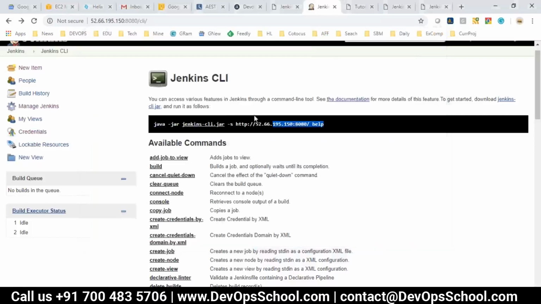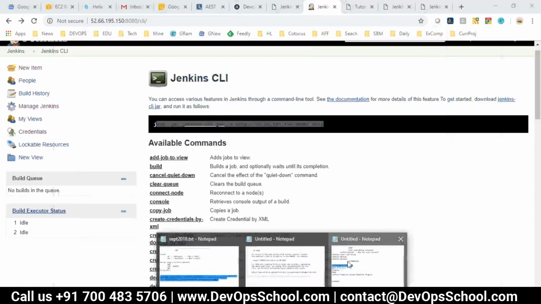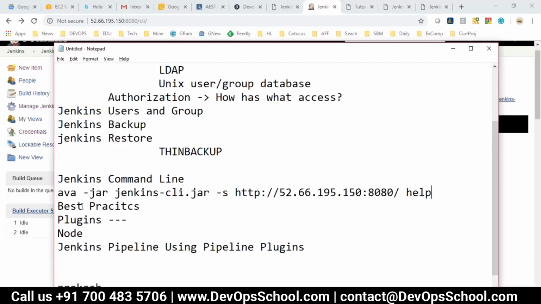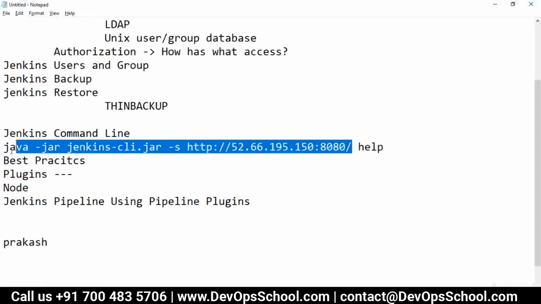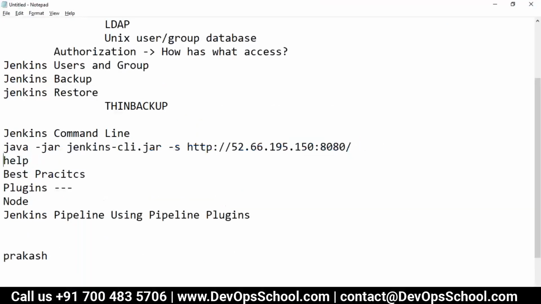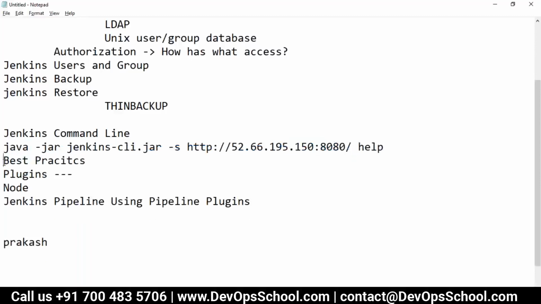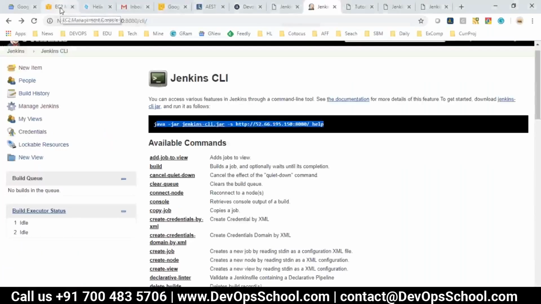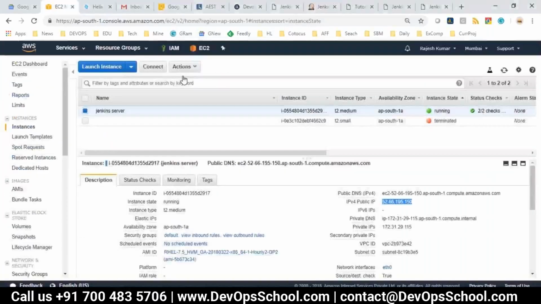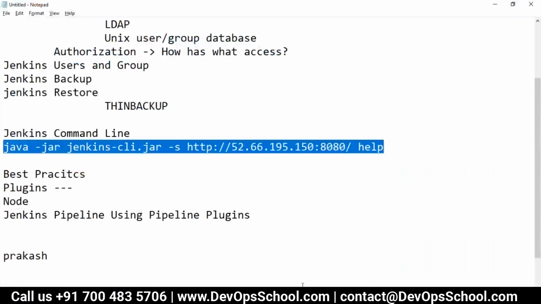So now this command will be run first. Okay, so here you see Java -jar jenkins-cli. What you can do is set this path in the PATH environment variable also, so that the value can be accessed, if you set it up well. But right now, this IP address, let me check if the IP address is public. And you see it's a public IP address, so I can use it. Now I just run it